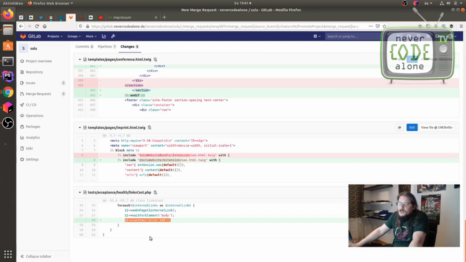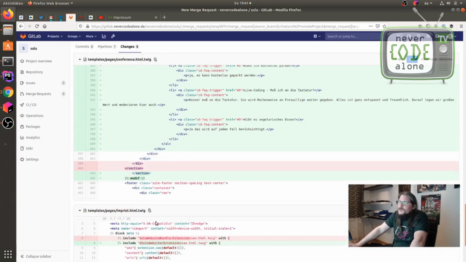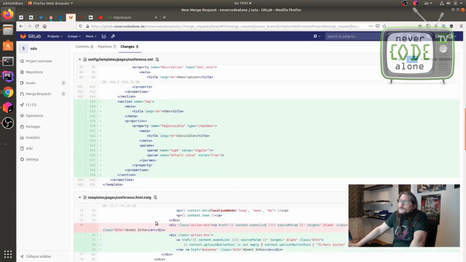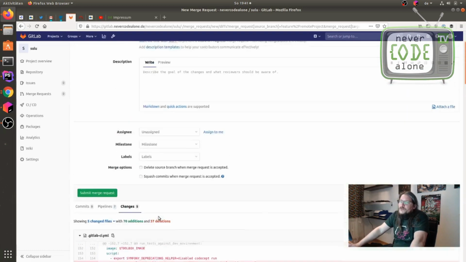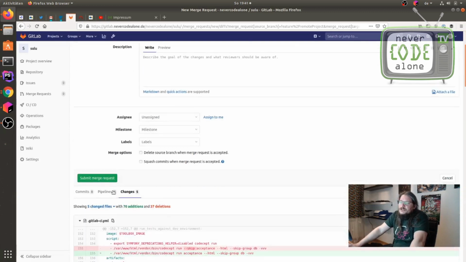Maybe I have to check here in the future how I can get the HTTP response, but for now this is working. And I say okay, everything is fine, everything is clear, and I say submit merge request.